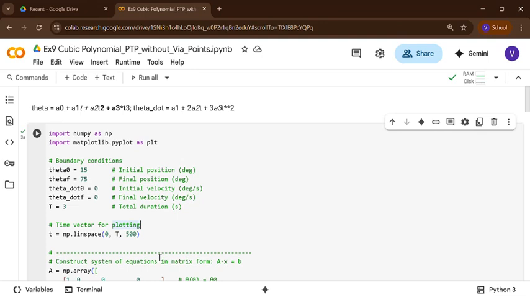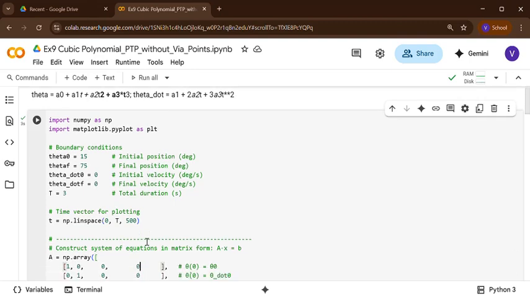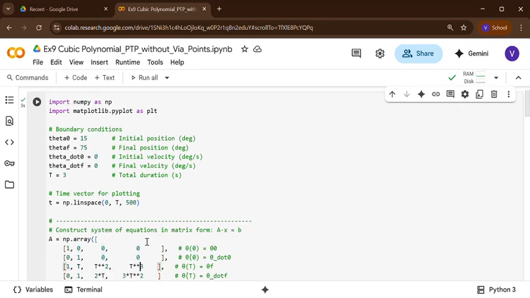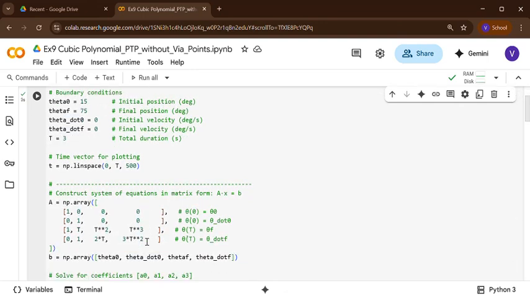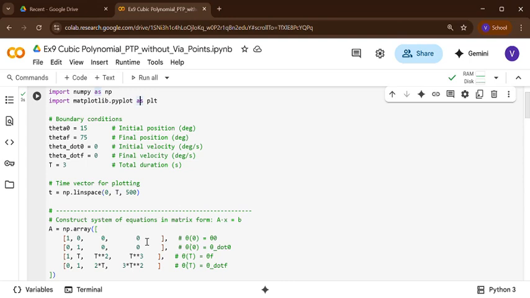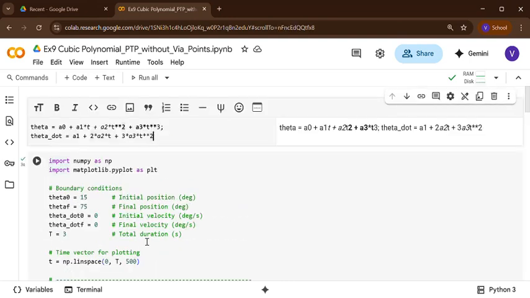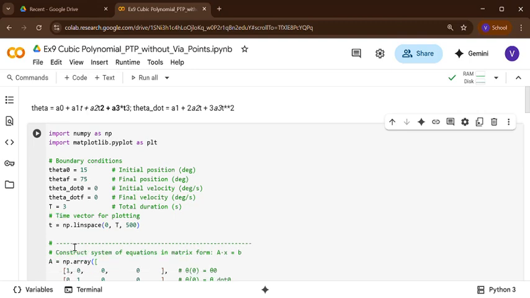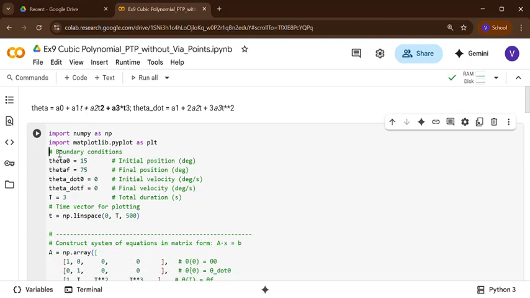Next, we are going to calculate a0, a1, a2, a3. There are two ways: since you have already calculated them, you can straight away give the values, or you can solve. To solve, in the equation itself we have seen theta, and I said 4 conditions. Let me take down the formula and reduce the spacing so that you can see it.